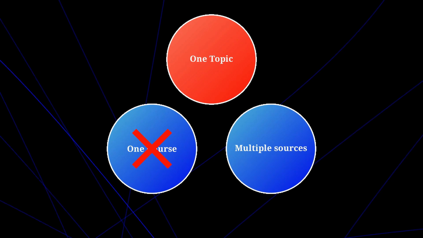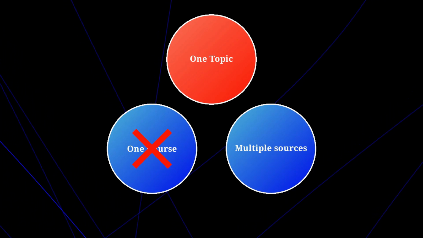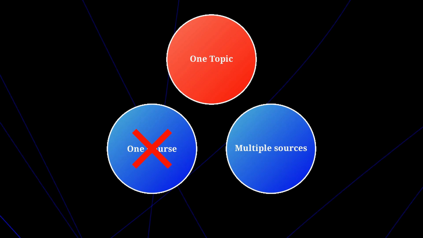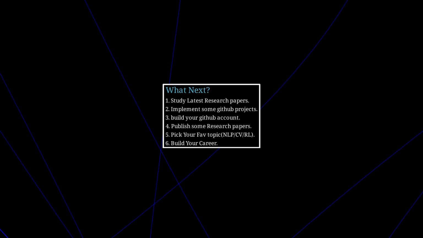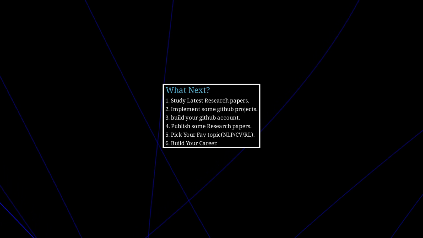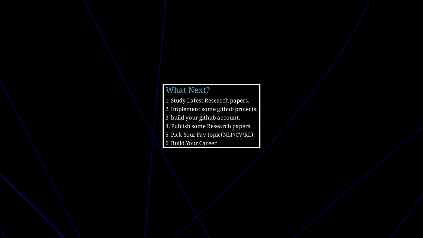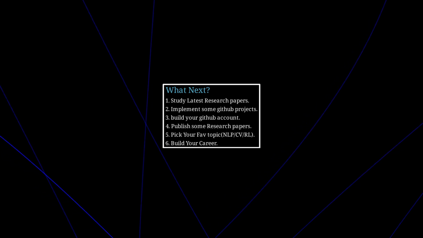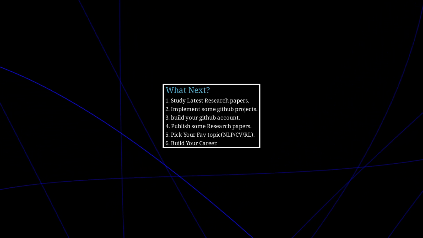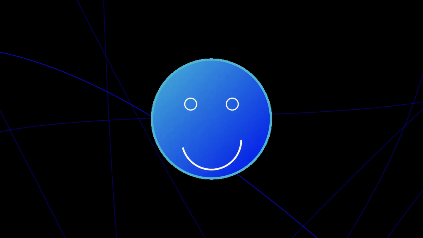Also, some people asked me about a good book to study deep learning in detail, but I would suggest that if you have learned all the things which I explained, you do not need any books now. As I said, if you also studied the research papers which I mentioned, then now you need to update your knowledge from the latest research papers instead of books and try to implement different GitHub codes. Try to publish some research papers on topics you like and go for some real-world projects. As I told you, you are now